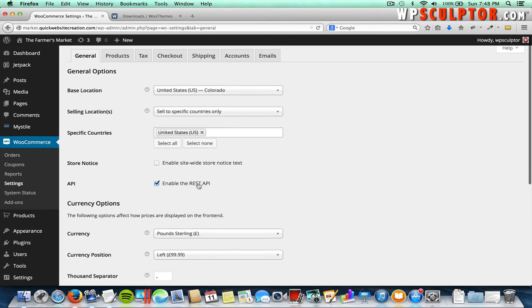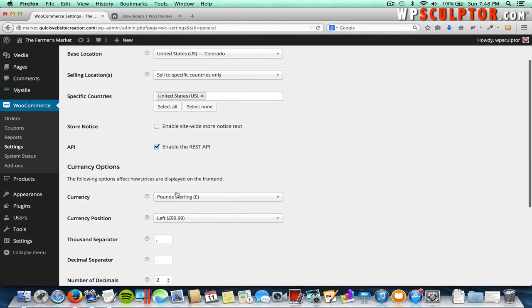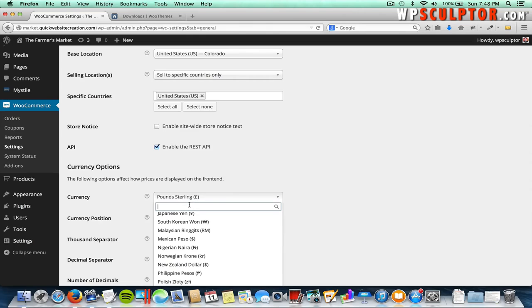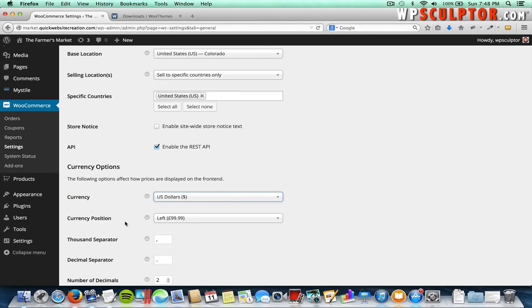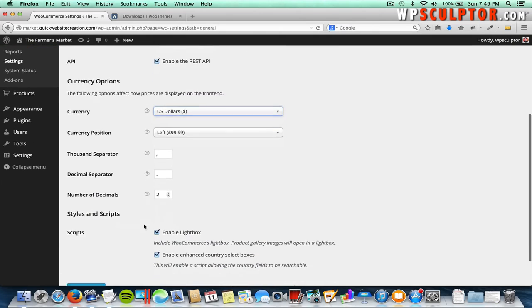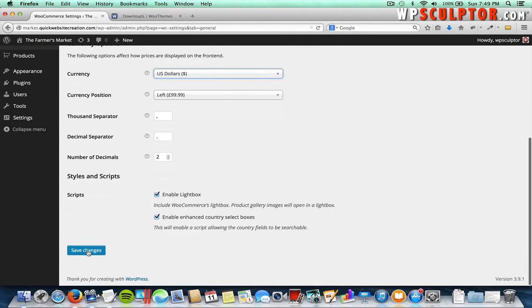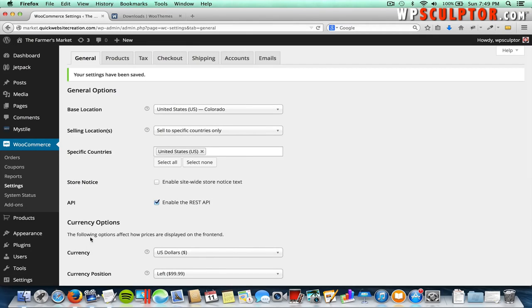And scroll down and make sure you set your currency. So in my case, it's going to be the dollar, and that's US dollars. And then you can play with these options if you need to. Most of the time the default will work fine. And then you're going to scroll to the bottom and make sure and click on Save Changes so that these changes take effect. And the next thing I want you to do is click on the Checkout tab